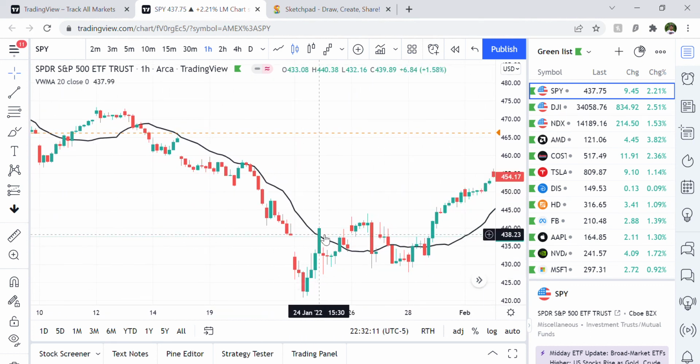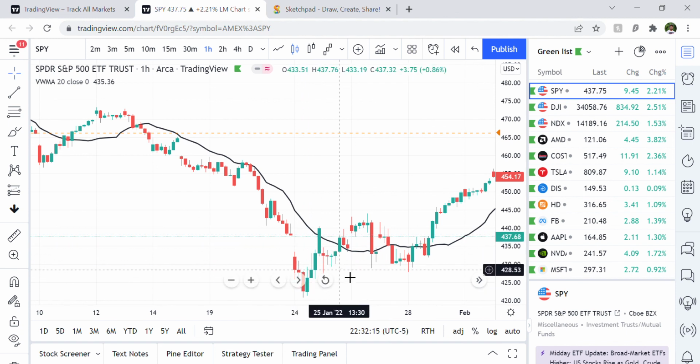Now this is at 3 p.m. I would suggest not to do the trade. Next day again, this is at 3:30 p.m. Okay, so if you see, this is on 25th of January, the value of VWMA is 435.36 and the closing is 437.32. Yes, the trade is there. You can enter,